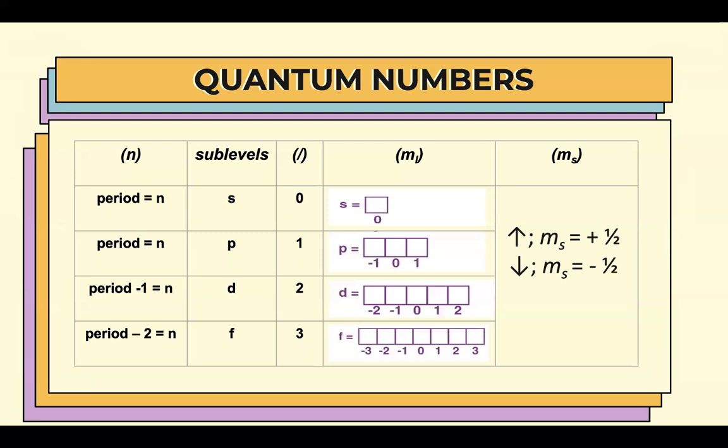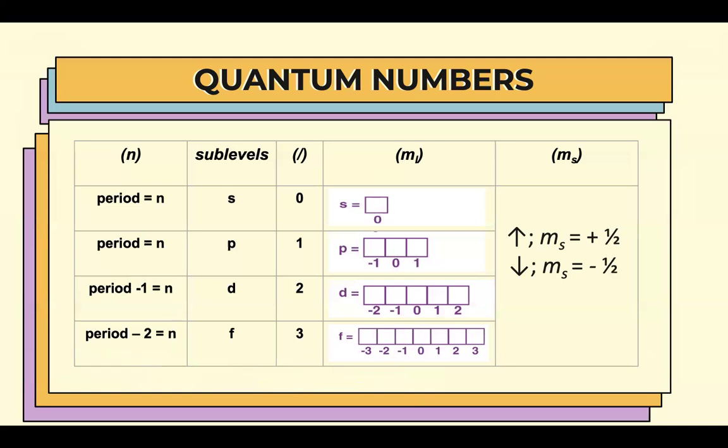But then again, you will be doing this if the given is the element and you have to directly know their letter N just by looking at the periodic table. But if given naman yung electron configuration, you don't have to do this anymore. Okay? So we just do this if the given is element and you have to give right away the letter N. And if given naman yung quantum numbers, you have to do the other way around. If given ang quantum numbers, you have to plus, no? Plus 1 for D and plus 2 for F, right?